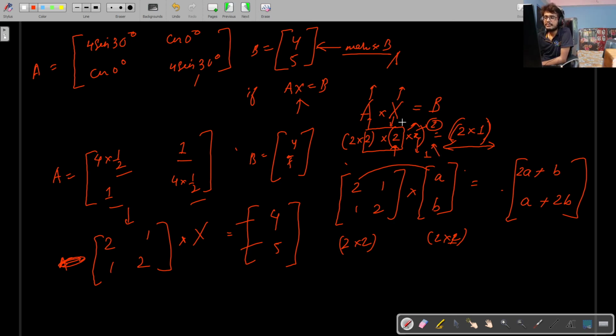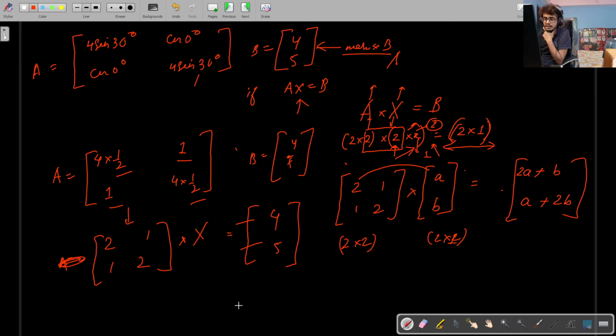Then there is a shortcut for this. I'll not tell you right now, so try to practice it yourself. Later, maybe when I start the next chapter in mathematics, I'll give you the shortcut. After you're done practicing all these things, there is a shortcut. You don't need to multiply, you don't need to put a 2 by 2 matrix and find it. There is a very simple shortcut, but I'll not tell you right now. You practice it yourself, try to master it. Only then I'll tell you the shortcut.